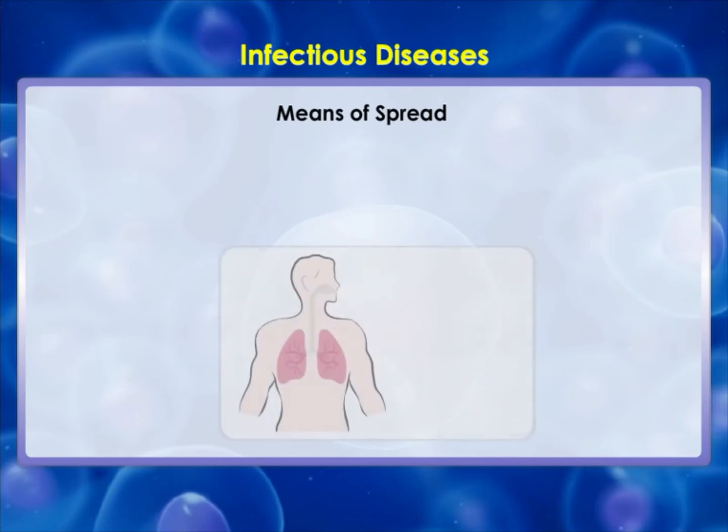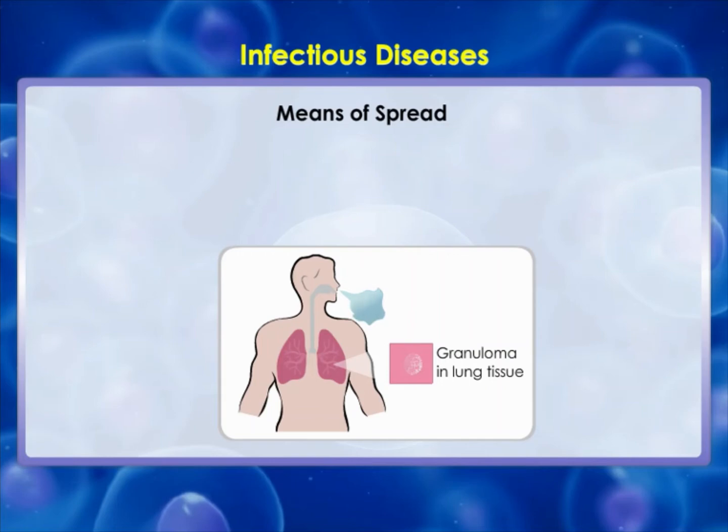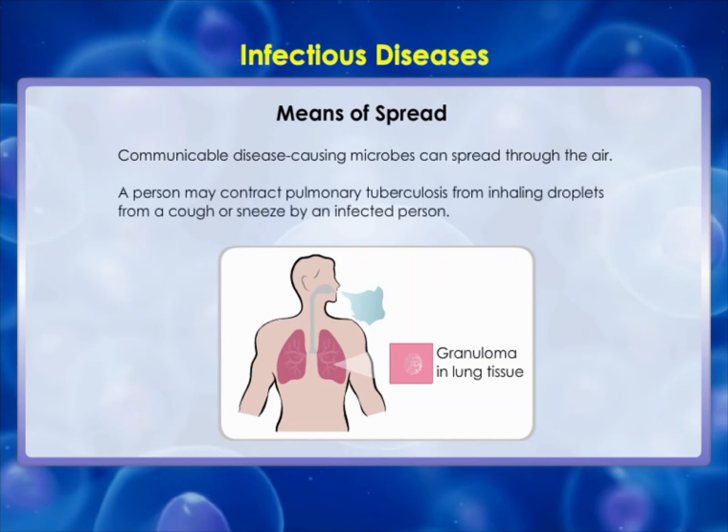Means of spread. Many microbial agents can commonly move from an affected person to someone else in a variety of ways. In other words, they can be communicated and so are also called communicable diseases. Such disease-causing microbes can spread through the air. This occurs through the little droplets thrown out by an infected person who sneezes or coughs. Someone standing close by can breathe in these droplets, and the microbes get a chance to start a new infection. Examples of such diseases spread through the air are common cold, pneumonia, and tuberculosis.